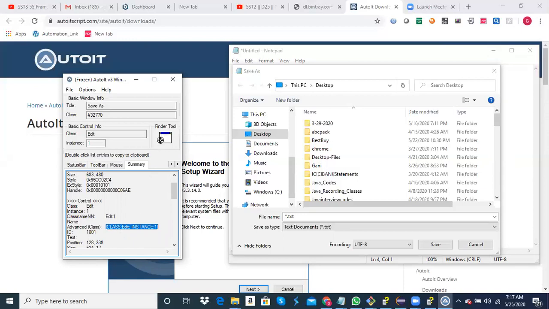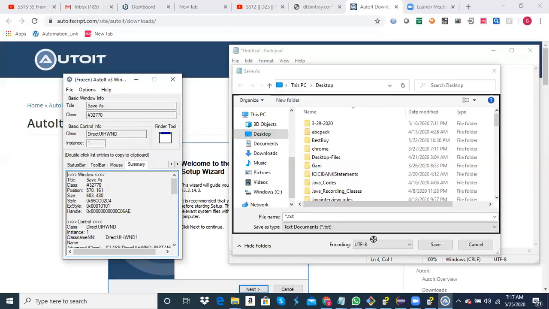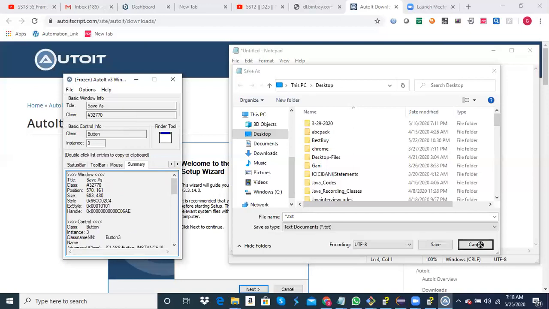For example, if you click on Cancel, how do you do that? Then this is class type Button and instance is 3. Let's say if you want to click on Save, then class is Button and instance is 2.